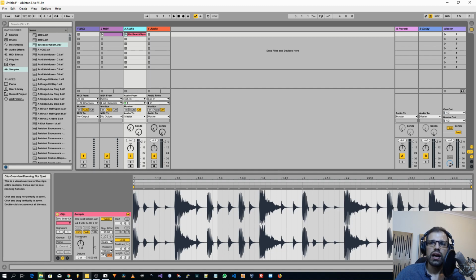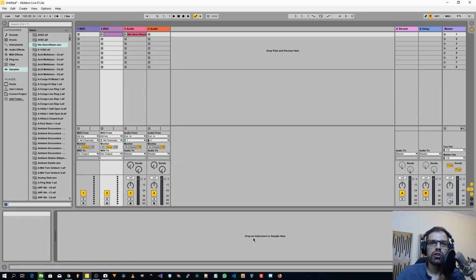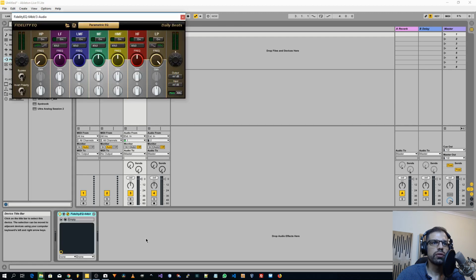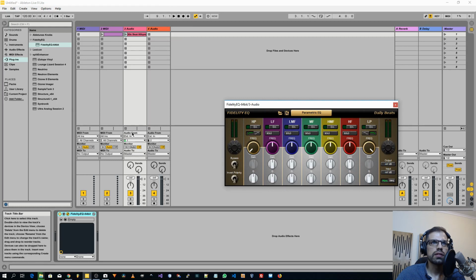Okay, then we have this one here that you can switch from the audio waveform or the MIDI waveform if I'm in selected MIDI, and then we have here the drag and drop, drop an instrument or sample here, and it's pretty much the same here. You can drop audio effects here, so let's go to plugins and let's bring, for instance, Fidelity EQ. You can drag here,